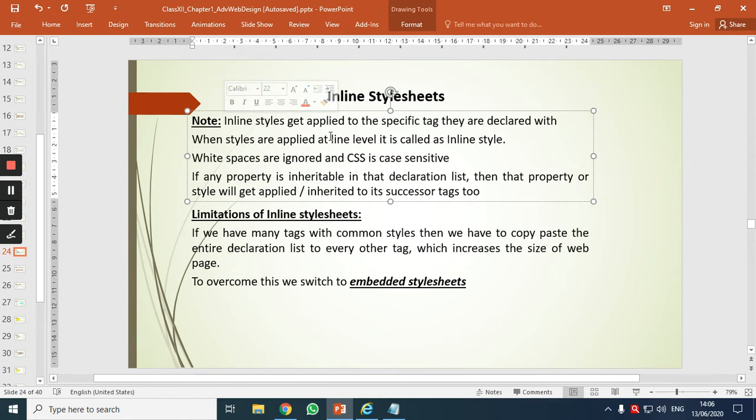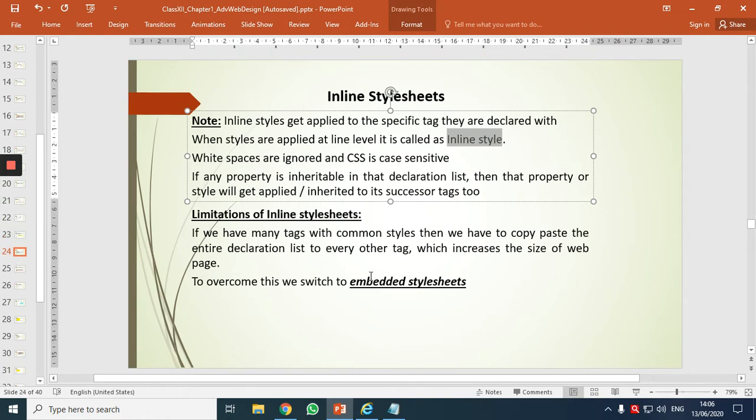When styles are applied at line level, it is called inline style. White spaces are ignored and CSS is case sensitive. If any property is inheritable in that declaration list, then that property or style will be inherited by its successor tags also.